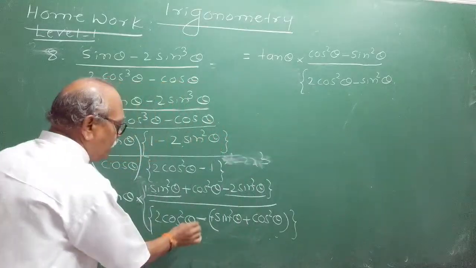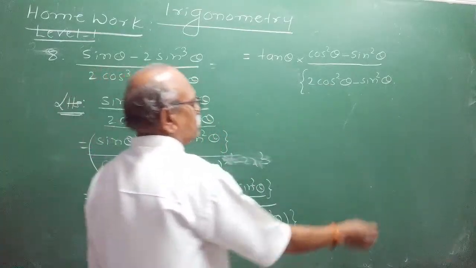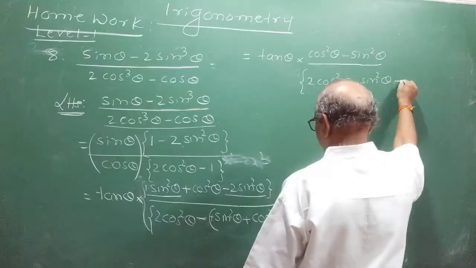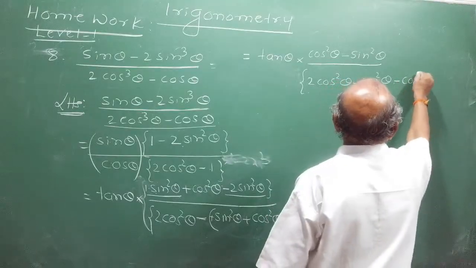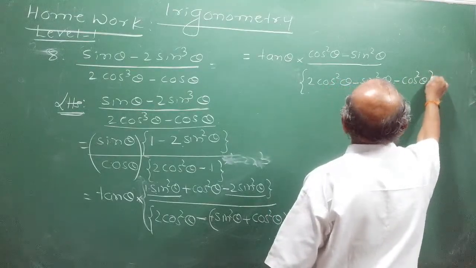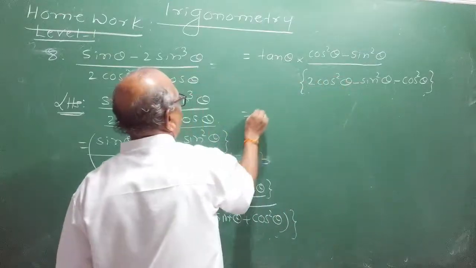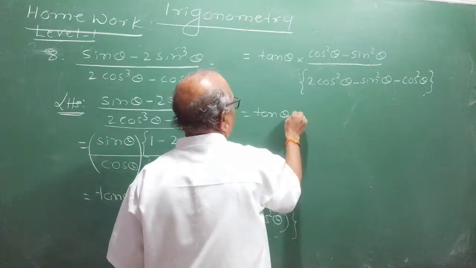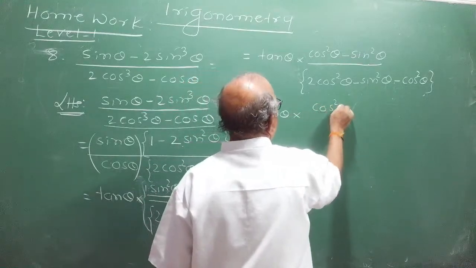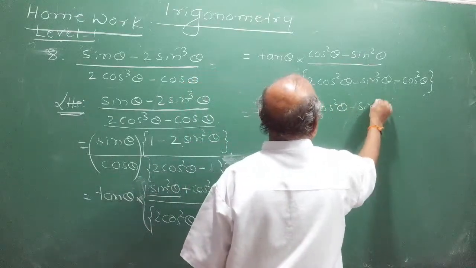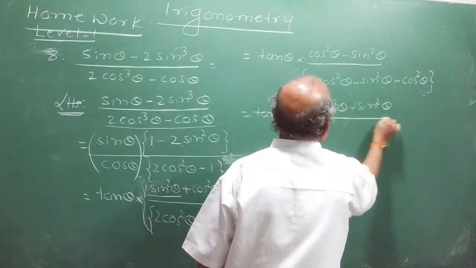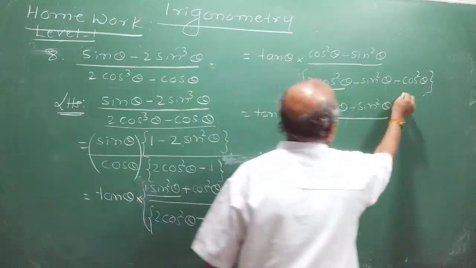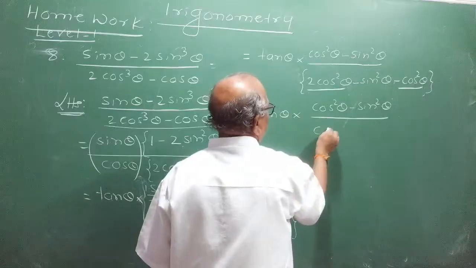Observe, again minus into plus becomes minus cos square theta. Observe carefully. You have here tan theta into the bracket in the numerator already ready now, which is cos square theta minus sin square theta. Come to the denominator. What is 2 cos square theta minus cos square theta? It is cos square theta